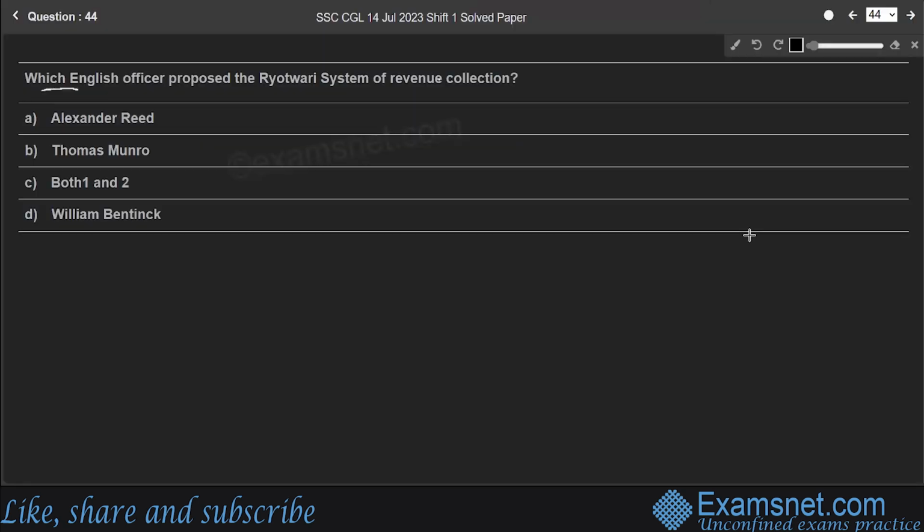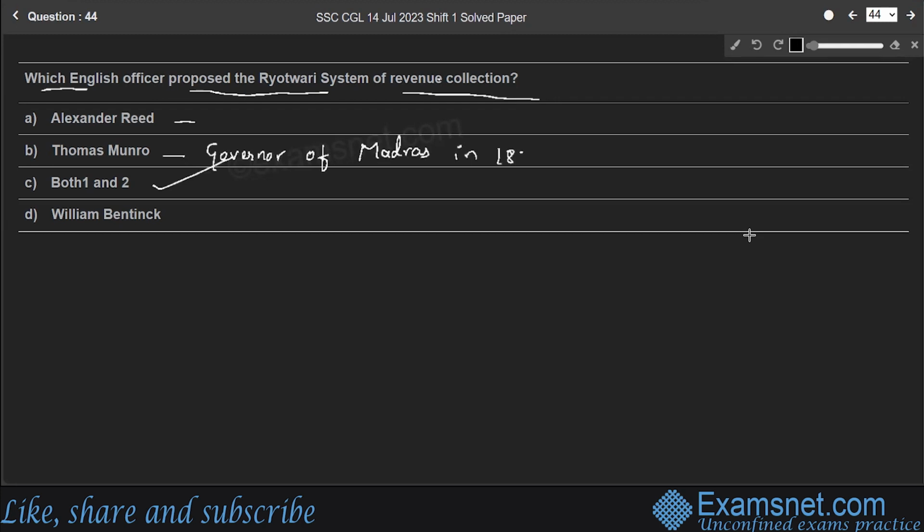Question 44. Which English officer proposed the Ryotwari system of revenue collection? Here, Alexander Reed, Thomas Munro, both 1 and 2, and William Bentinck. So here, option C, both Alexander Reed and Thomas Munro proposed Ryotwari system of revenue collection, right? So introduced by these two people, Alexander Reed and Thomas Munro. So here, Thomas Munro was governor of Madras